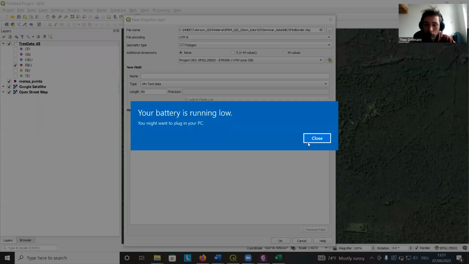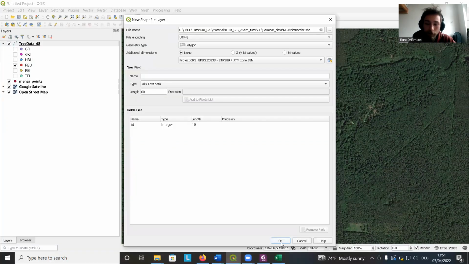Yeah, you could add the layer now, but I would also advise you to always add some more information, as much information as you have about the feature that you want to implement into QGIS, you should assign to your layer that you're creating. So in this case, we can, for example, make a field for the area. Maybe we want to know how big our plot is,